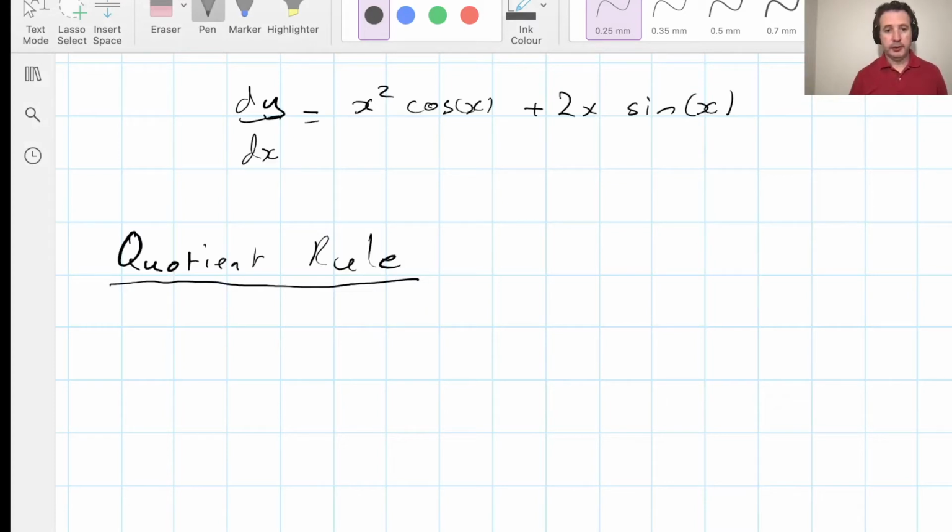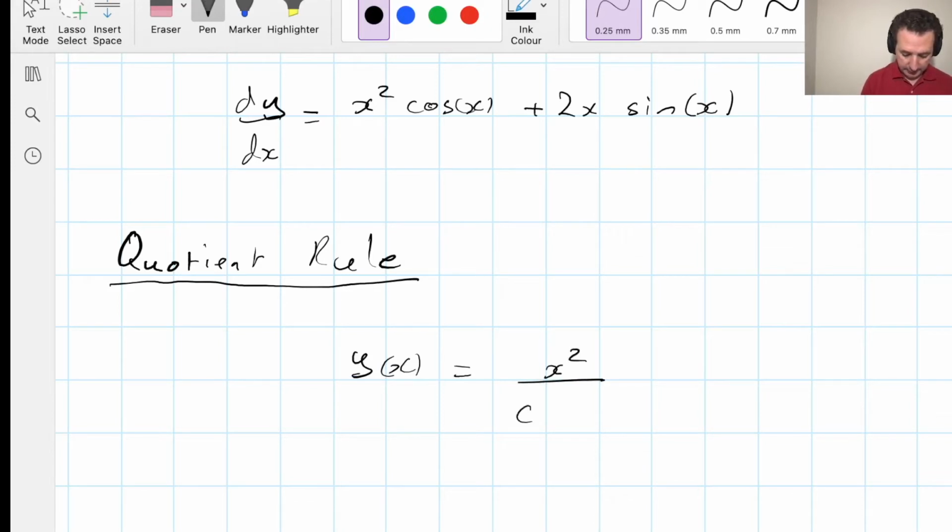Our next rule is the quotient rule. The quotient rule is the same as the product rule, and actually you could just use the product rule to do it, but it deals with functions with fractions. So if we take the simple example of y(x) is equal to x squared divided by cos x. In the previous one, we had it multiplied by, now we have it divided by, so it has to be addressed in this fashion. Once again, we have a u